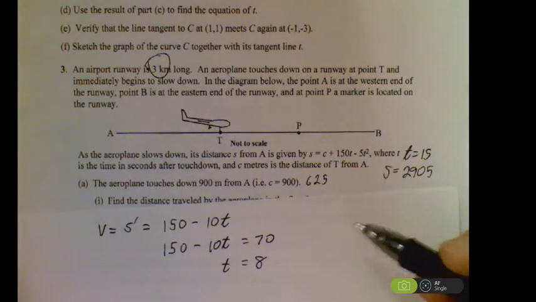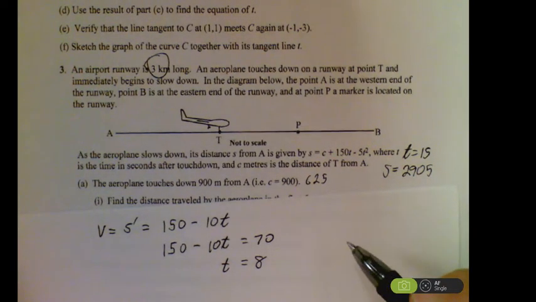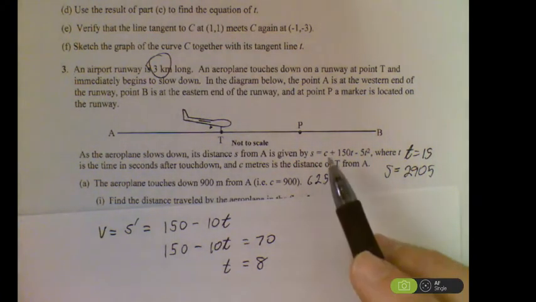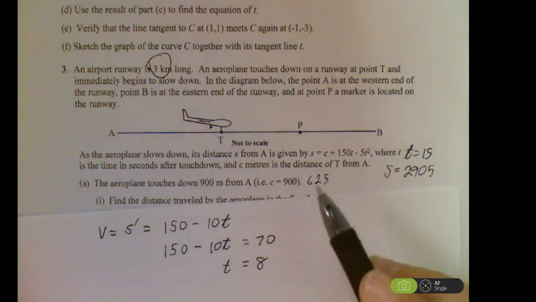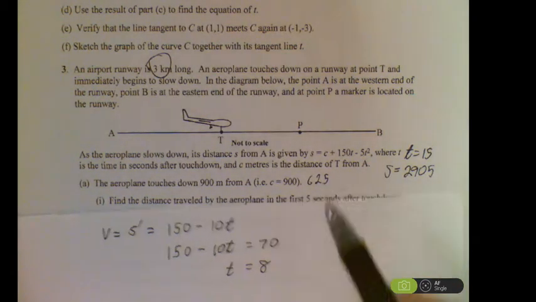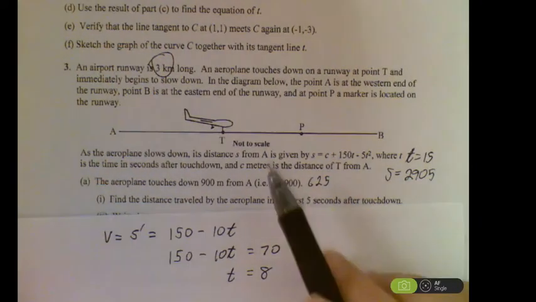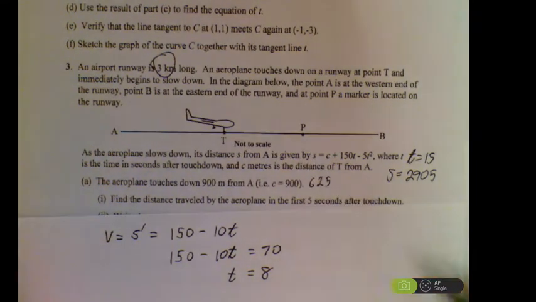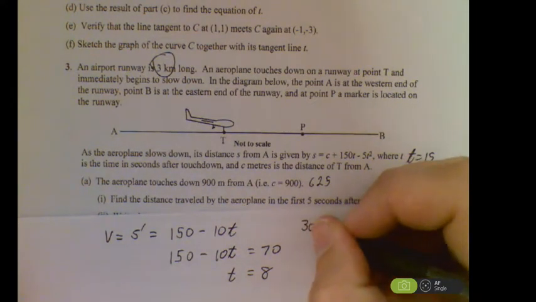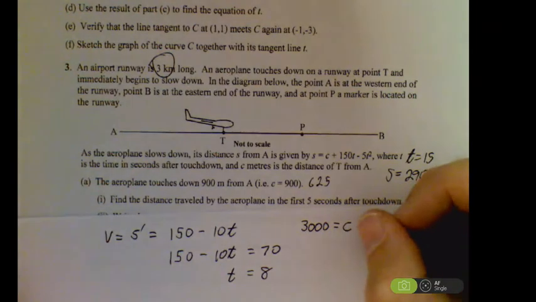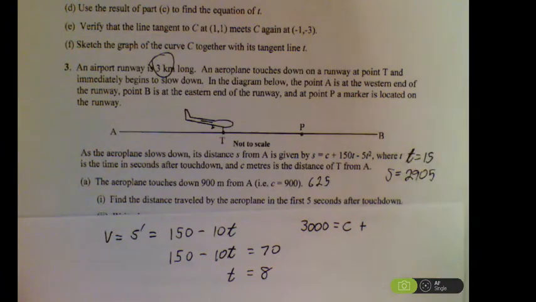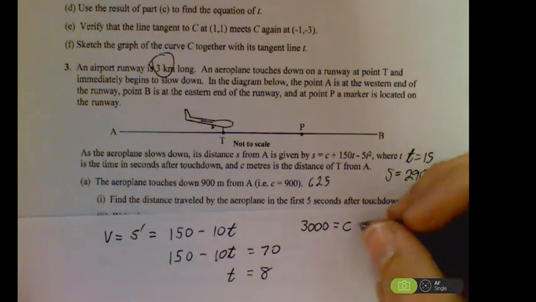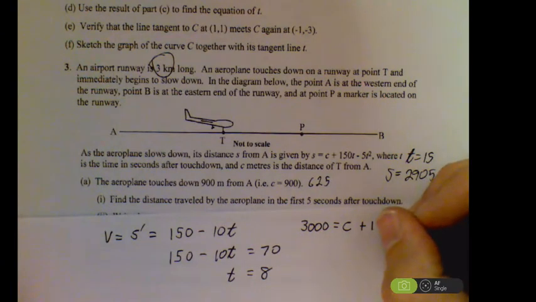Something worthwhile to look at real quick, as an additional question, is what would be the greatest value for C in order to ensure that this thing would stop in time before it reaches point B. In this case, we know that it takes 15 seconds to stop, and we know the entire distance of the runway was 3,000. So if the total distance is 3,000, what would C have to be in order to make sure that it stops before the end of the runway? So that's our total distance. We know that it takes 15 seconds to stop,